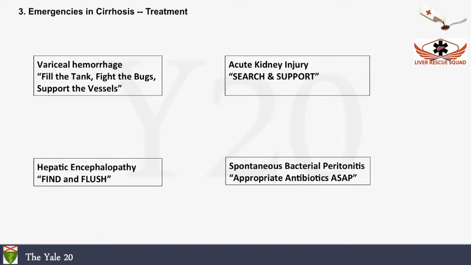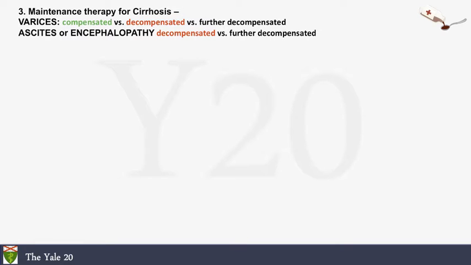Again, variceal hemorrhage: fill the tank, fight the bugs, support the vessels. Encephalopathy: find and flush. AKI: search and support. SBP: appropriate antibiotics ASAP. After you've taken care of this patient in the acute setting, you want to think about